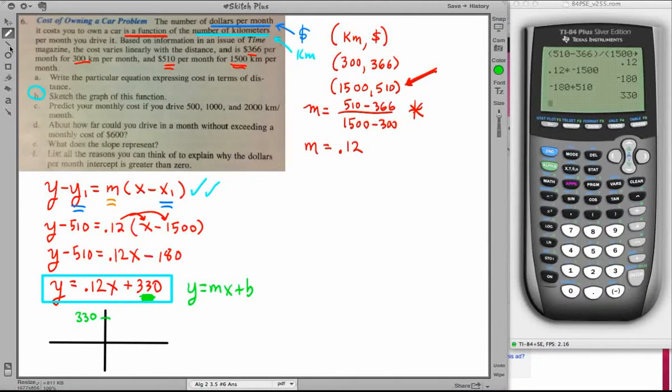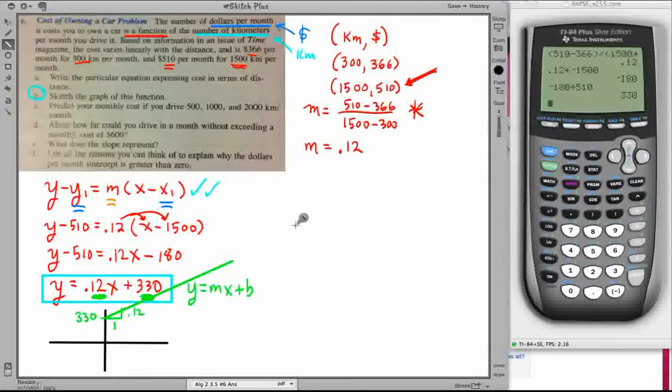Now, we're also going to need to, based on the other constant in the equation, 0.12, go over and up a certain amount, go up 0.12, which stands for $0.12, for every 1 more kilometer. And so basically that's telling us that this is taking an extra 12 cents per kilometer to run the vehicle. And that's what the line would look like.